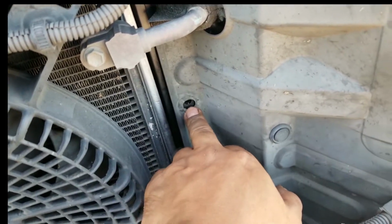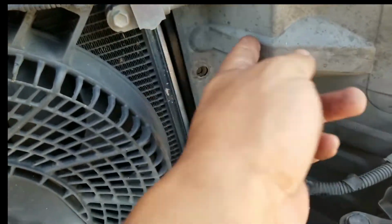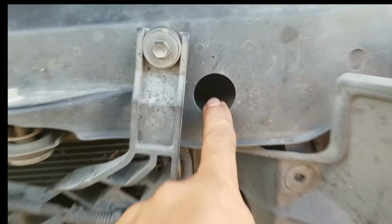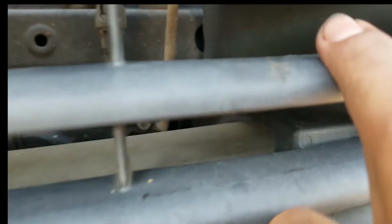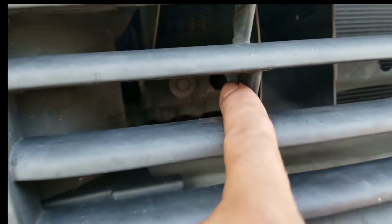I took off the plastic clamps that go here like that. They broke. See, I didn't put them back. And then in here you have some 12 millimeter bolts here. You got four. One here, one through here, that hole in there. Right? And there's another one over here behind this